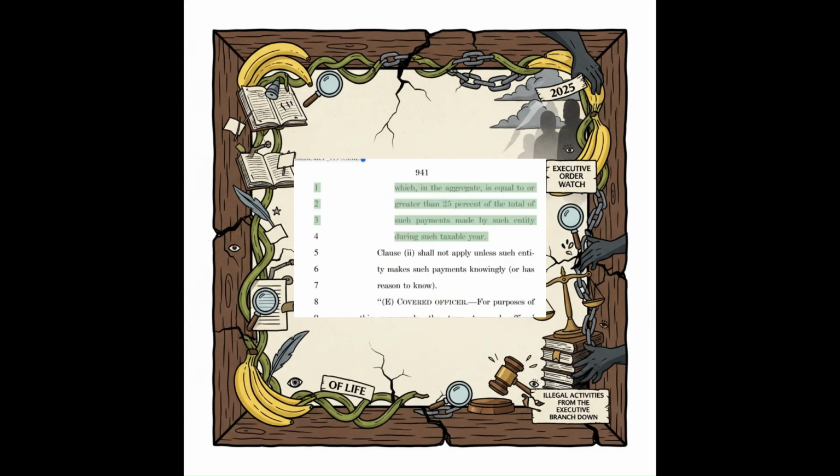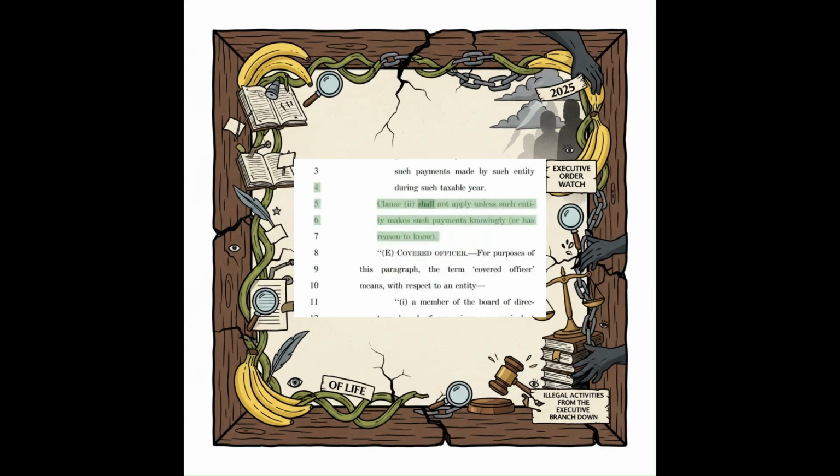941. Which, in the aggregate, is equal to or greater than 25% of the total of such payments made by such entity during such taxable year. Clause shall not apply unless such entity makes such payments knowingly. For purposes of this paragraph, the term covered officer means, with respect to an entity,